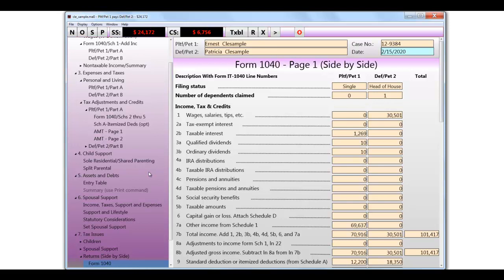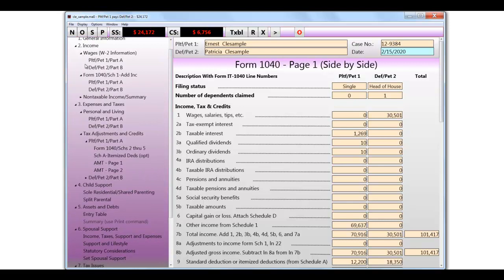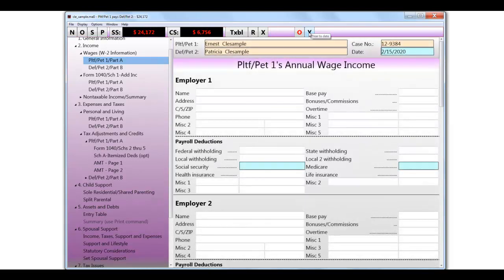With that, let me move on to the year-to-date button. To do that, we want to jump back here to wages. And what this year-to-date button, see, it's the Y button up here, it's set up like a W-2. So you can get a W-2, you can enter all the information in, and that's great, but you could also